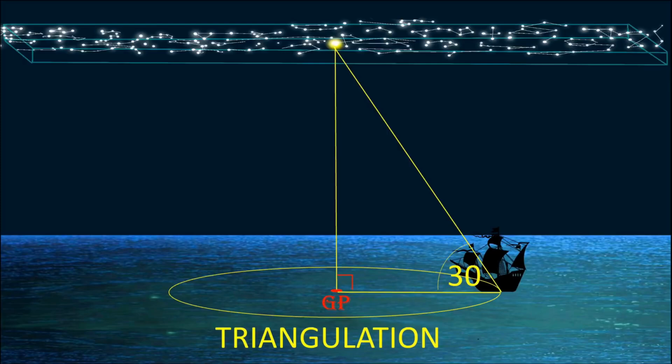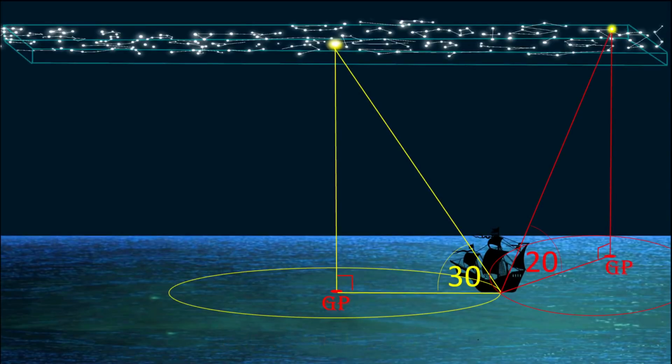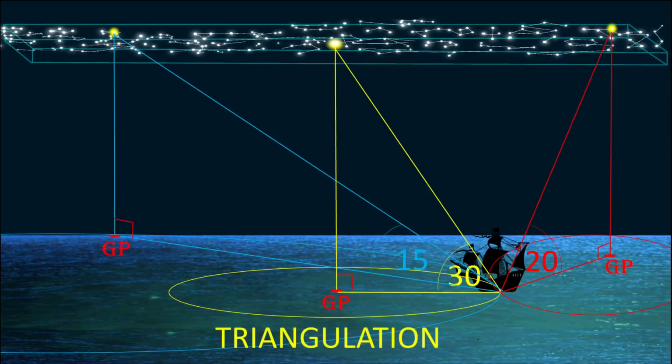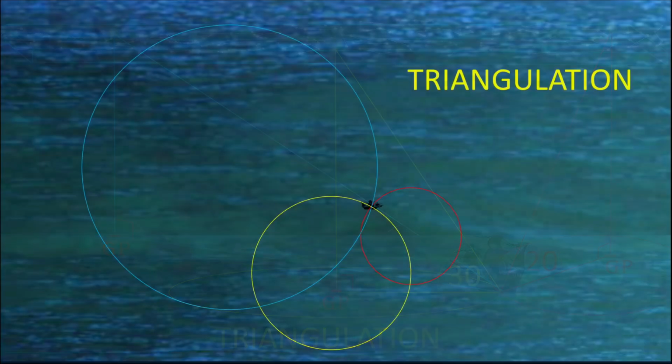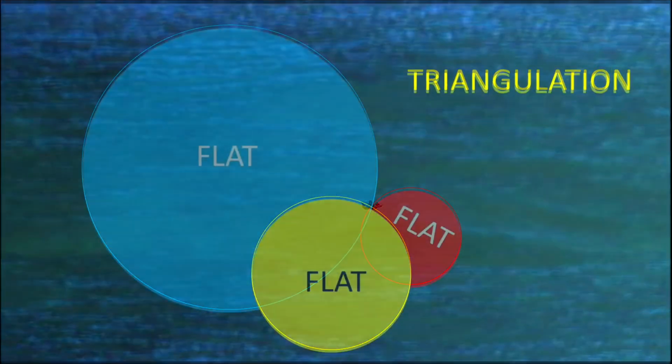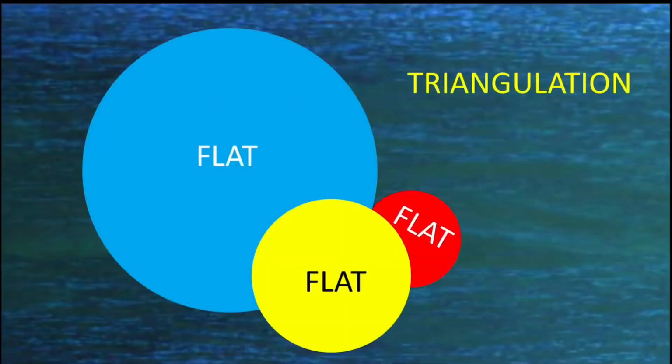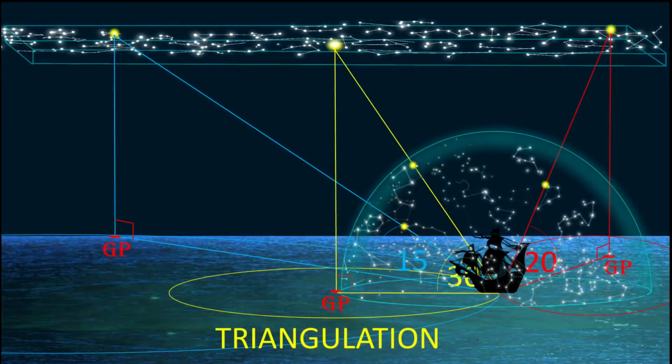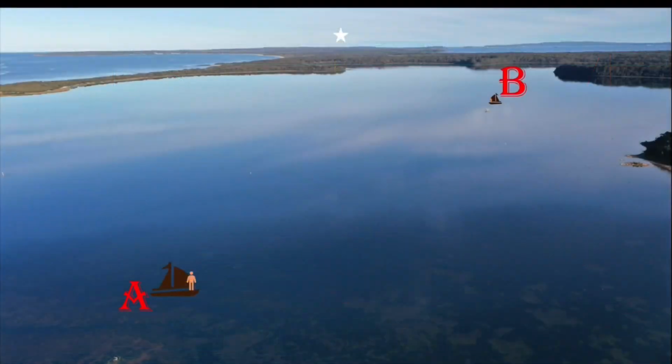To triangulate your actual position, you need to repeat these steps with other stars. Your position is where all these areas of equal altitude meet. This is how celestial navigation works and has always worked on our flat level plane, using the celestial flat level plane. Let's use this small scale example on Lake Woolloomboola.